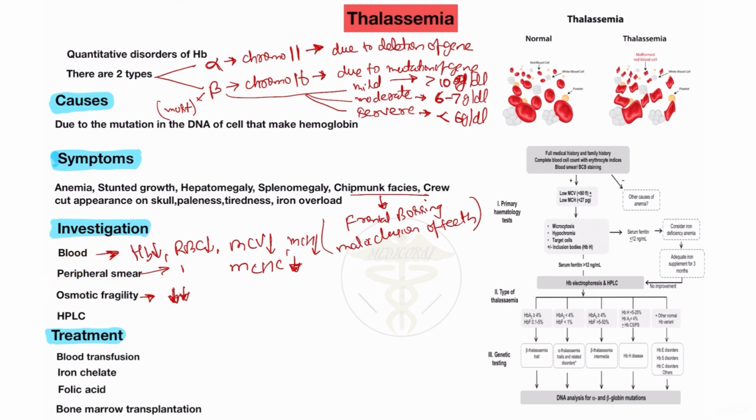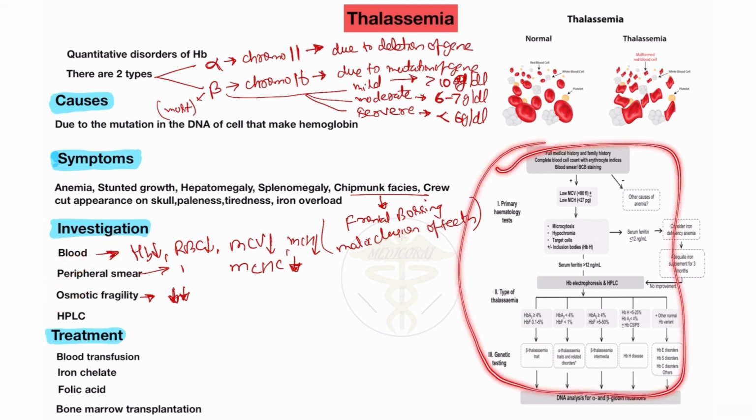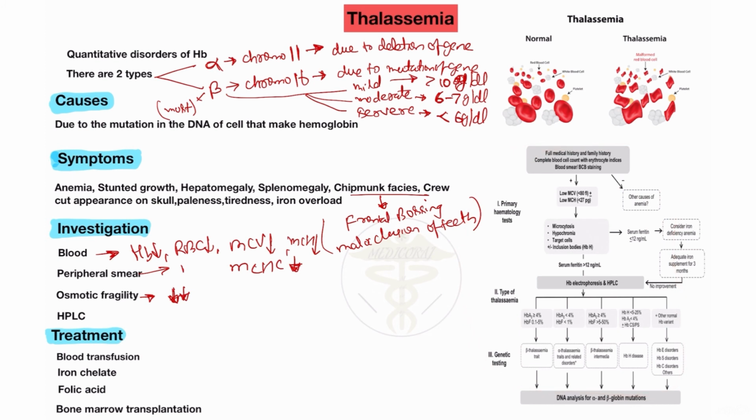Also you will see here, this is the blood test of the patient of thalassemia. Here you will see low MCV and low MCH level, and microcytosis also occurs, because I already discussed this in the short video. If you didn't watch, go and watch those videos, only 1 minute each: what is microcytic anemia, what is macrocytic anemia, and what is normocytic anemia. I already discussed this in only 1 minute, and I also made mnemonics for how you learn this.